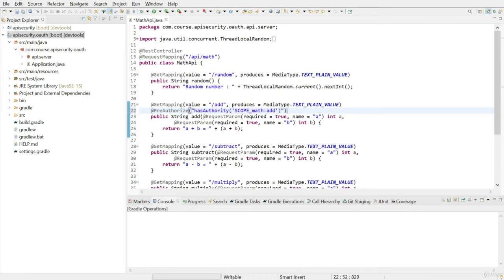On the subtract endpoint, use scope math:subtract.